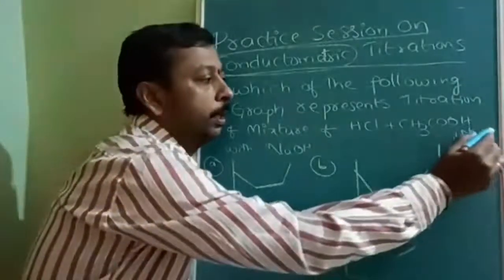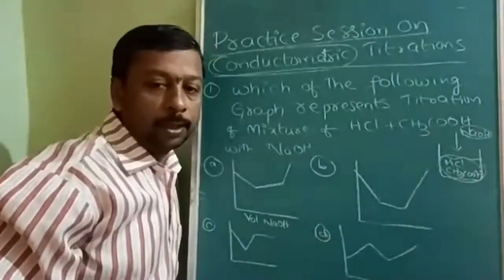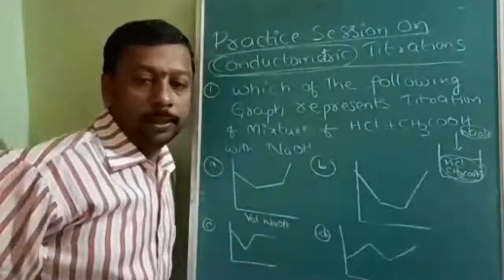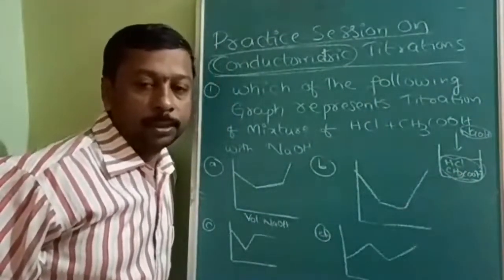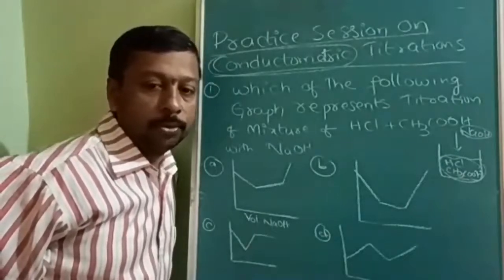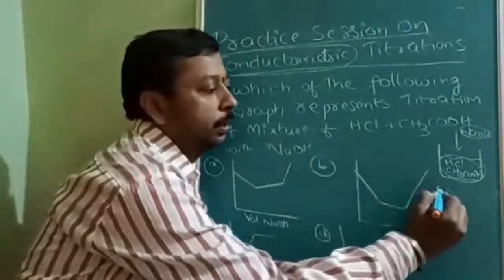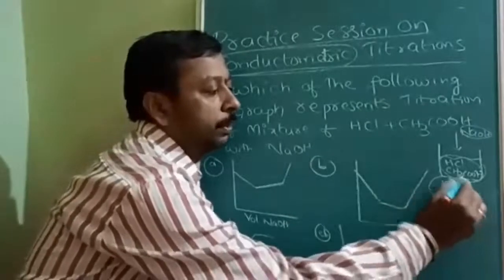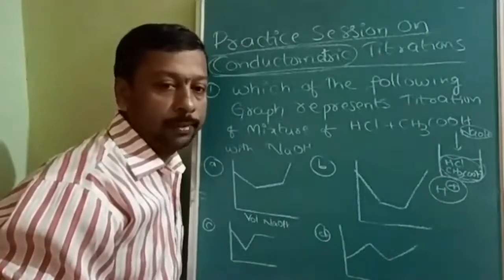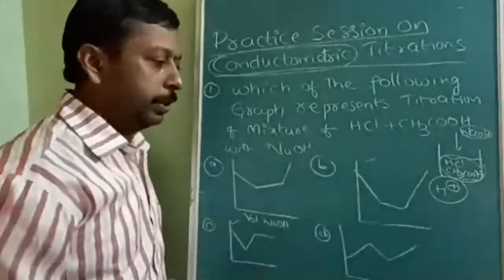So, initially, we are measuring the conductance of HCl and CH3COOH. By adding this NaOH, preferably it reacts with which, HCl or CH3COOH? When I add NaOH to the mixture, that NaOH goes to which part, HCl? Once HCl is reacting, our fastest ion in the world, H plus, is lost. Therefore, conductance will decrease. So decrease, decrease, decrease. These three can be options.